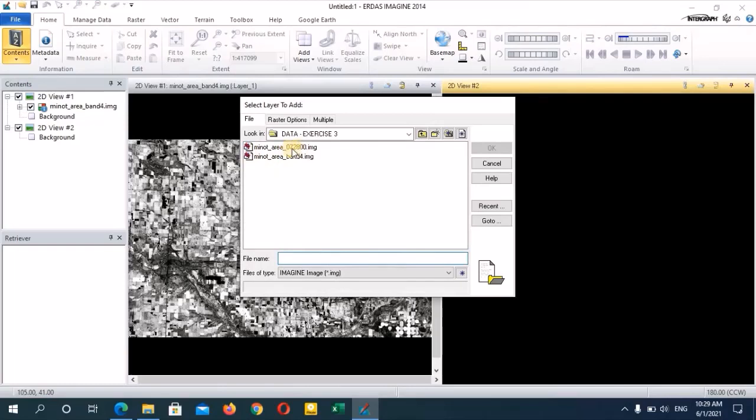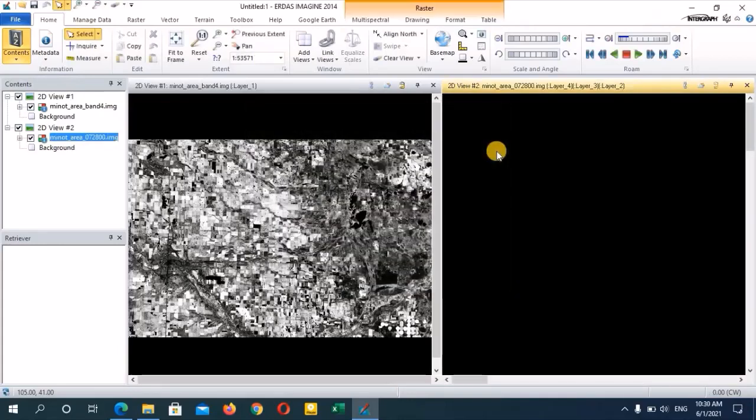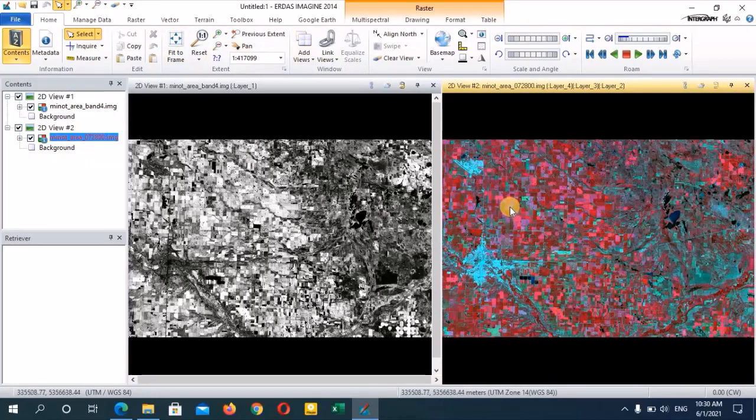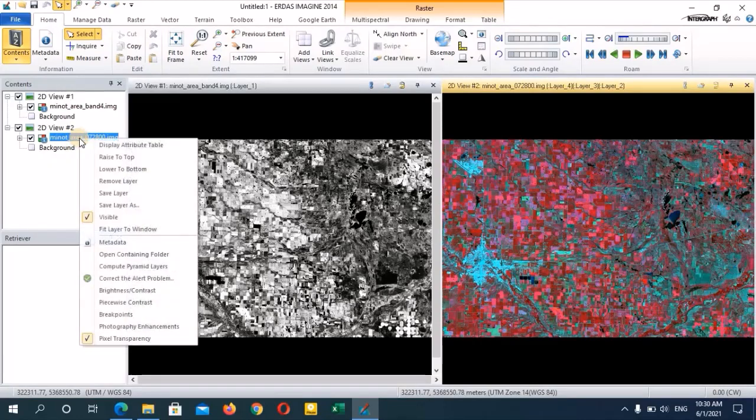So that is minute area 072800 image. It is a color composite image like this. And then again, if you need to see the breakpoints of this image, what you can do is select the view and then go into the content and right click on your image, then go to breakpoints,